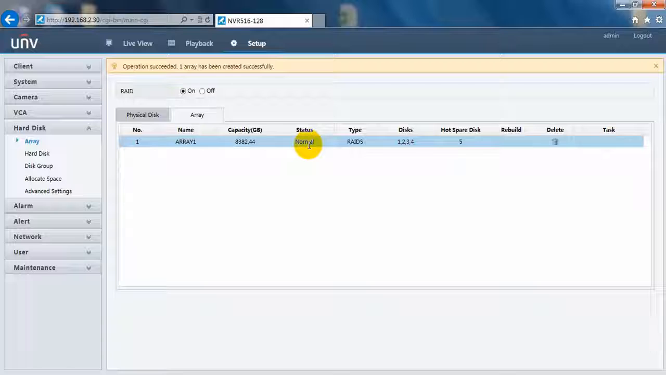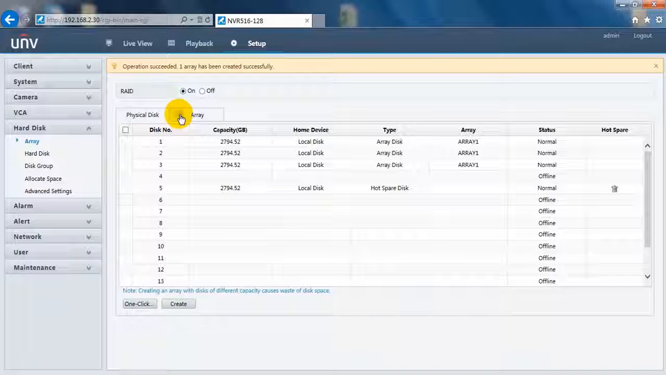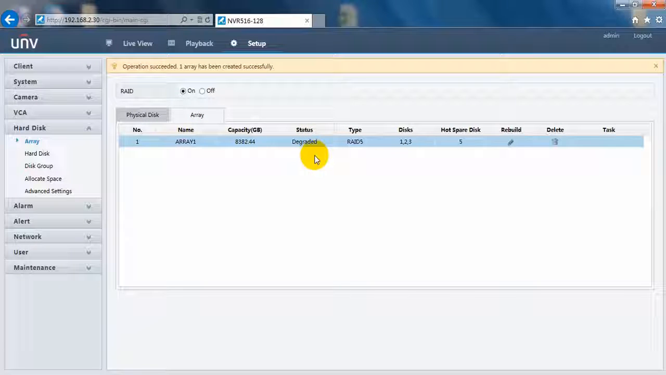Well, when we try to pull out one hard drive, now we have just pulled out one of the hard drives, and let's see. We just refresh. Here you can see it changed to degraded. It means that this RAID 5 is still available, but it will start to rebuild with a hot spare disk in 10 minutes. And when it starts, here it will change to rebuild, and on the task menu it will show you the